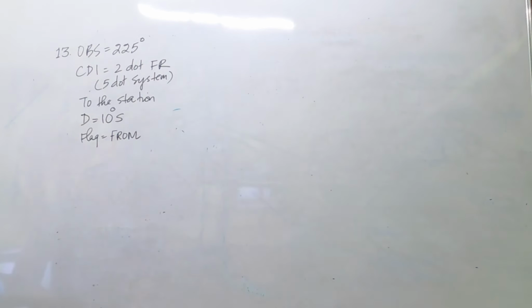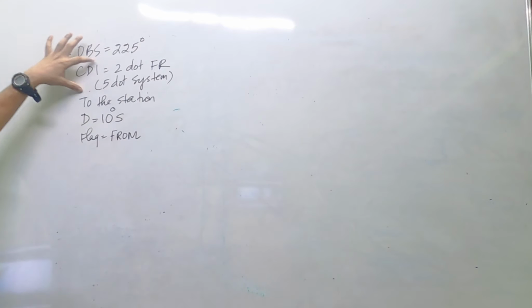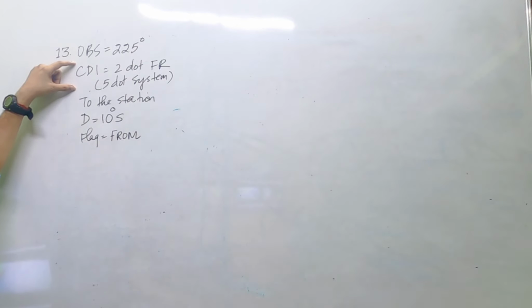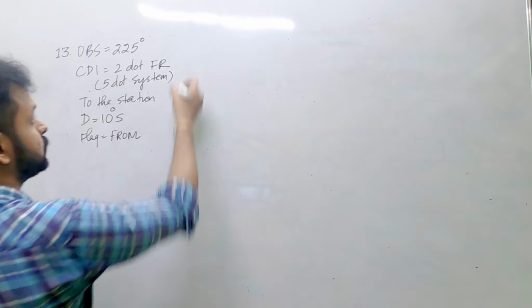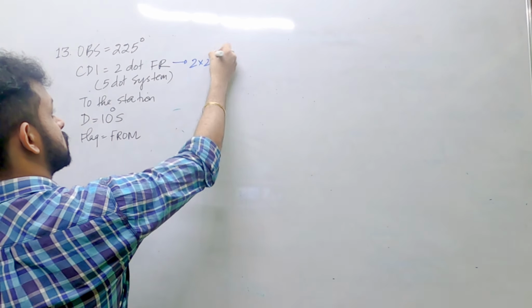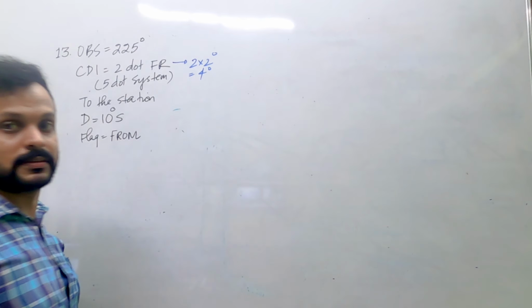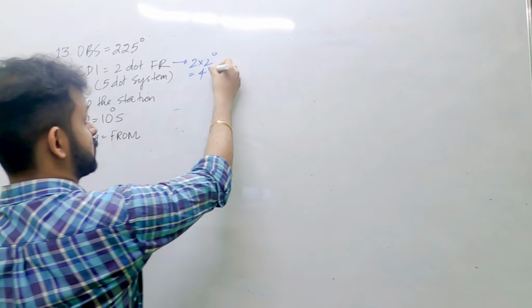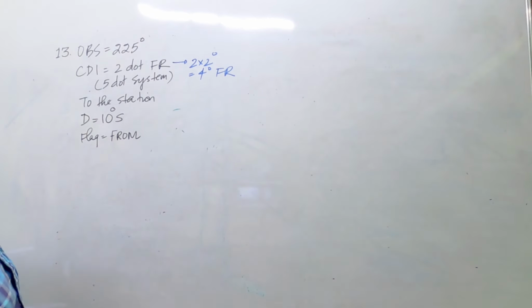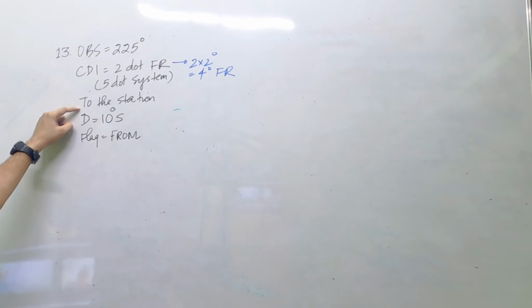First, you're asked to find out, the OBS was given 225. The CDI, this is huge information, is a 2 dot fly right on a 5 dot system. So what does it mean that the CDI is showing you 2 dot fly right on a 5 dot system? 2 dot fly right. So how much is it? It's 4 degrees, right? And it's indicating you to fly right by 2 dots, right? Plus to the station, and you have a drift of 10 degrees starboard and a from